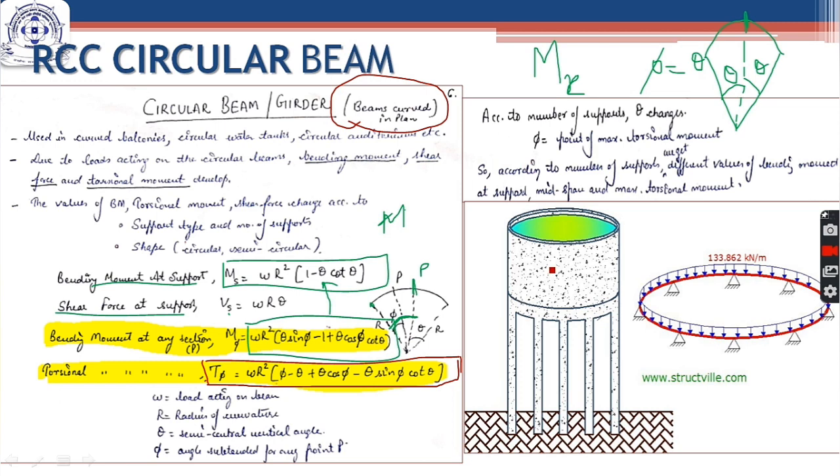So now let us go to our tank. The circular beam is provided below the tank here. This is the circular beam. The dimensions of the circular beam depend upon the dimensions of your tank. According to the number of supports, this particular tank has these columns supporting this circular beam. So according to the number of columns or number of supports which have been provided, the value of theta will change. So if you know the number of supports and number of columns, you will know the value of theta also.